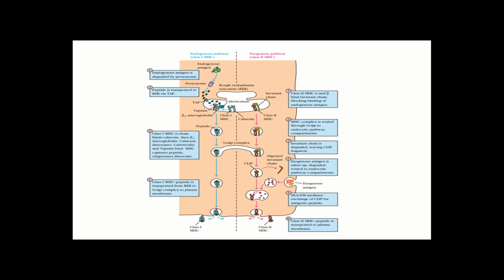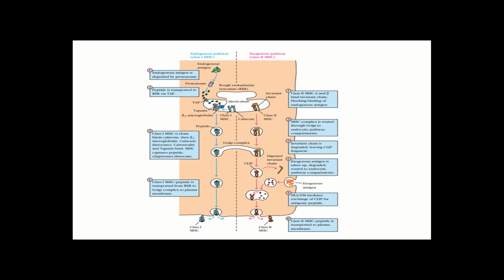And in this condition only, MHC can capture the antigenic peptide which was transported into the rough endoplasmic reticulum, right? So only in this configuration. When it is bound with calnexin, it can't. So first calnexin has to be dissociated, and after the dissociation, MHC class 1 has to bind with tapasin, beta 2 microglobulin and calreticulin. So after capturing the antigenic peptides,